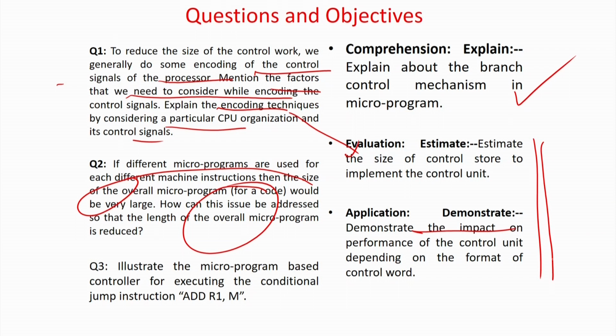So, not only will it satisfy this, it will also satisfy this objective because you have to know about the branch control. And finally, I have asked you to write a microprogram control to execute the instruction add R1 M. So, of course, this one will require these two objectives because I would request you to write this add R1 M and try to optimize the signals at the horizontal level, and also try to add another instruction like subtract R1 M and try to optimize at this level,